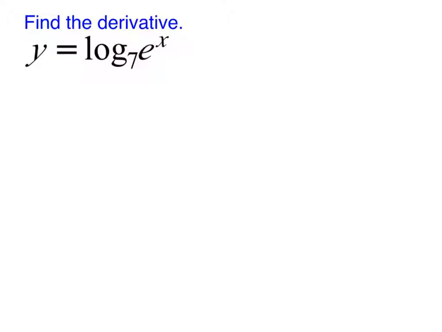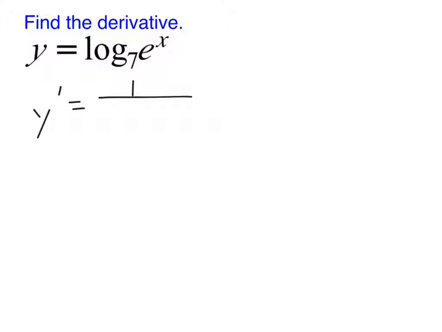So now to find this derivative, notice it's another chain rule situation because we have log base 7 of e to the x. If I were putting parentheses in, that's where they would go, to show that the e to the x is inside the log. So to find y prime, we're going to be doing